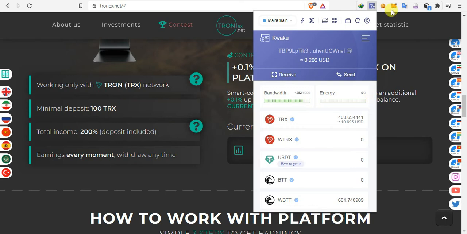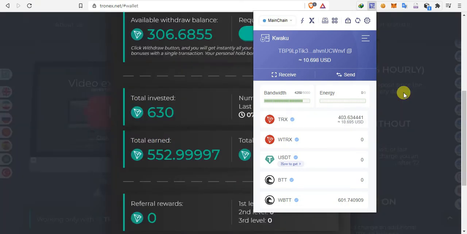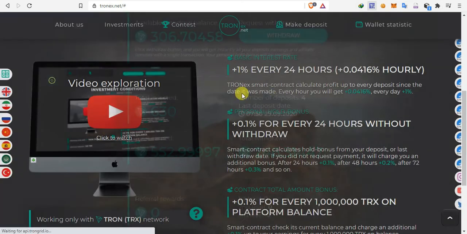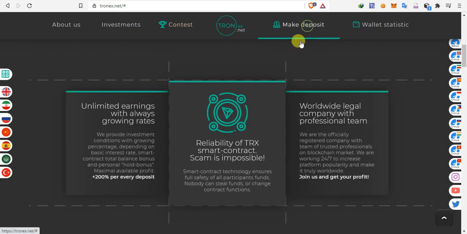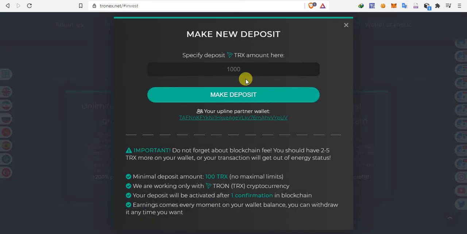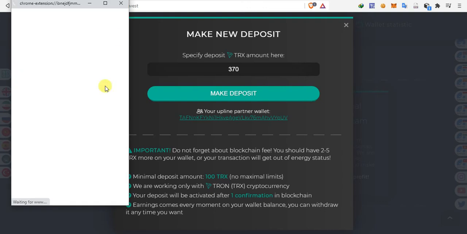So what I'm gonna do now is I'm going to invest 370, so to leave 30, 30 is fine. When you want to make a deposit, you just click on deposit, then you put 300 up to 370, and you click deposit, and then